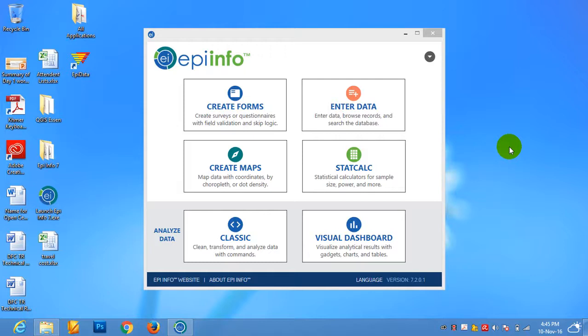This video includes content on opening a different data file in Epi Info for data analysis, and the second is how to display the data variable. It means